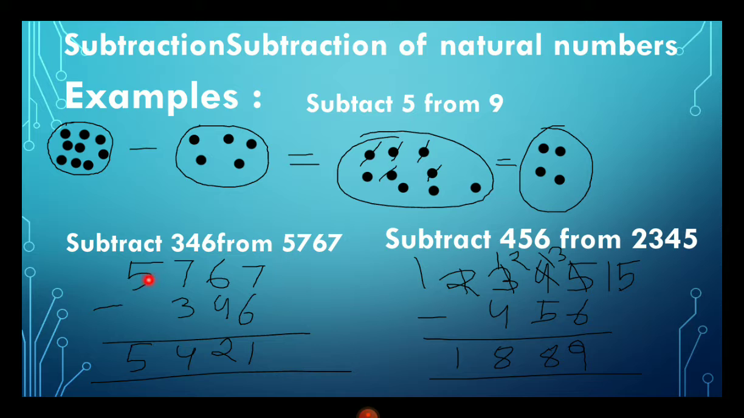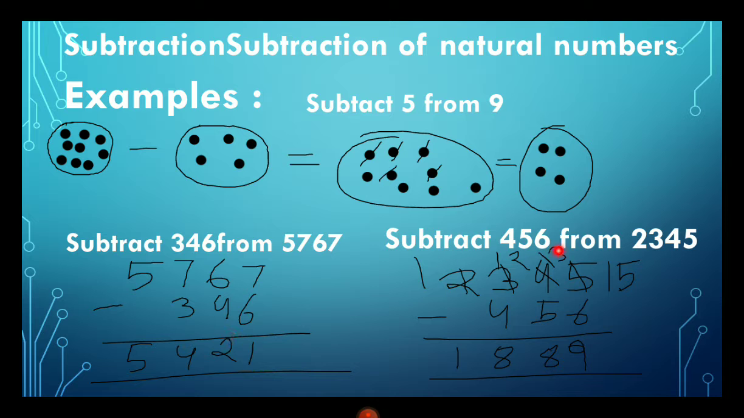Now let's subtract 346 from 5767. Okay, so write the bigger number at first and then 346. So 7 minus 6 is 1, 6 minus 4 is 2, 7 minus 3 is 4 and 5 minus 0 is 5. Okay,